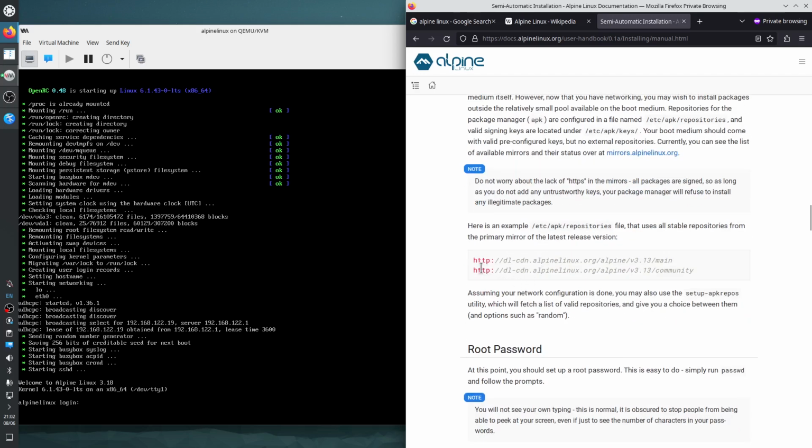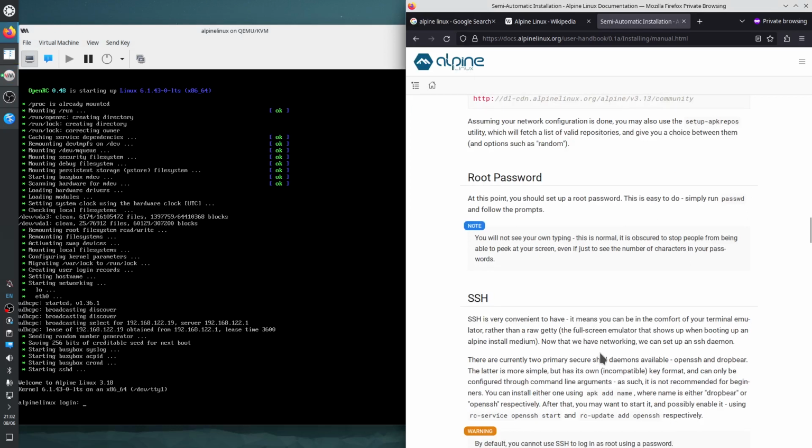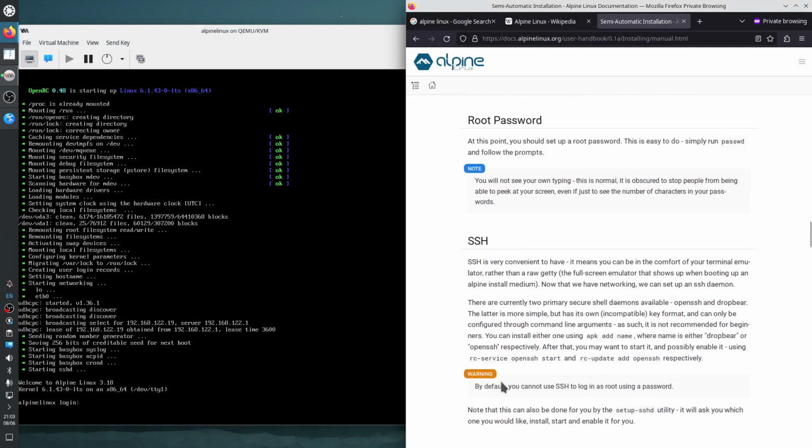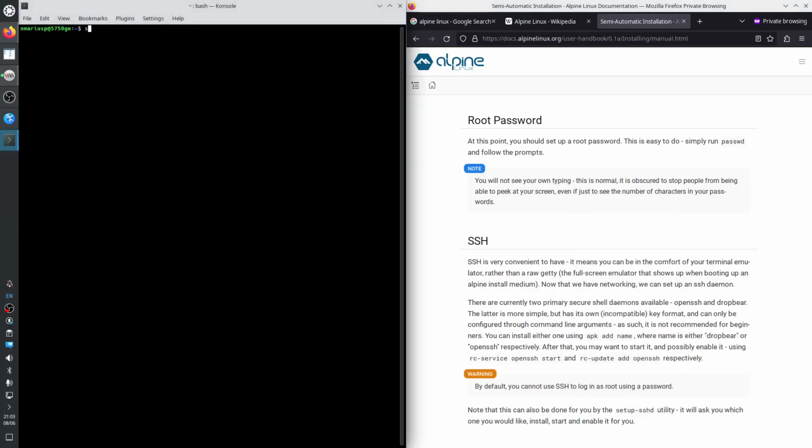In here we'll need to intervene because by default just one repository is added to /etc/apk/repositories, which is the main one, and we'll also need community. For that we'll need to... what should we do? Let's not use the virtualization software. Let's connect from a terminal using SSH. Okay, so SSH